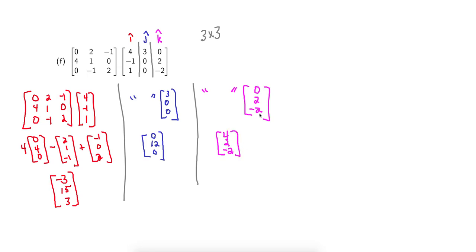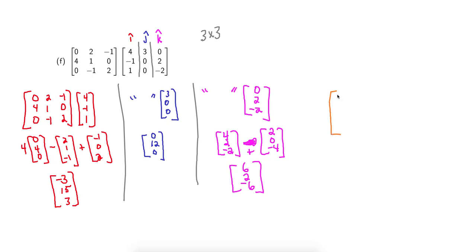And then we're going to take negative 2. We can just take and add negative 2 times this third column. So negative 2 times negative 1 is 2. Negative 2 times 0 is 0. And negative 2 times 2 is -4. So adding these together, we get 4 plus 2 is 6, 2 plus 0 is 2, -2 plus -4 is -6. So merging these three together,